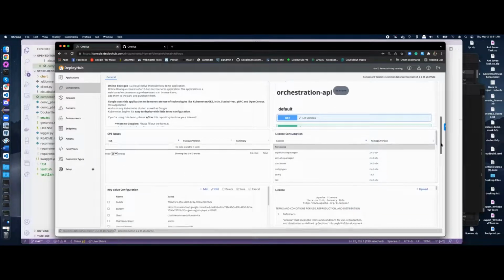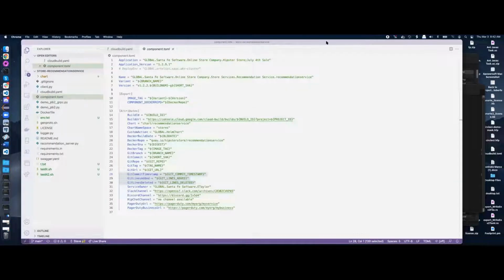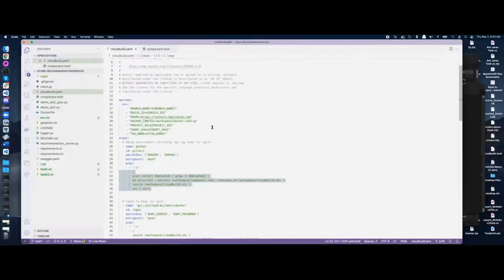And one of the things that we've done is we've actually switched it from the pipeline having all of the data in it. So let me pull up an old one,